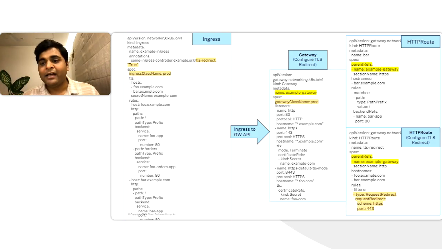If you have to translate that, it would convert into multiple files. I have just skipped the gateway class, but it would be there. There would be the gateway, which would have two different listeners for both the applications. And now you have to create two different HTTP routes. One for the first section, foo.example.com, and another for